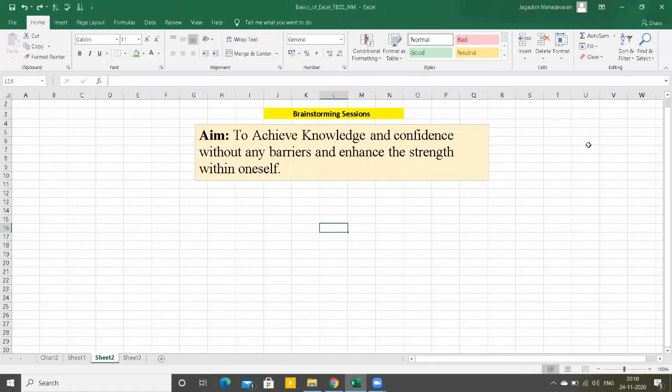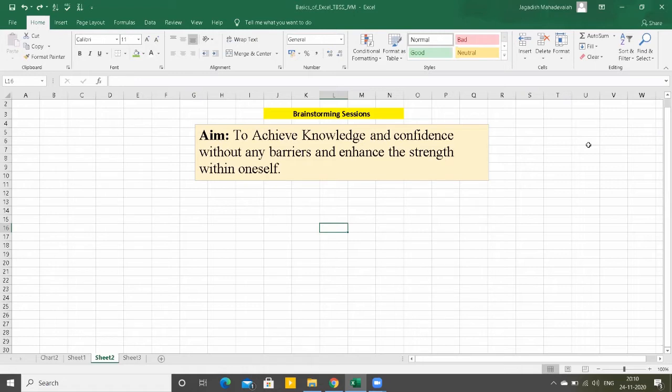Excel is an integral part of our academics, and even in business and in the scientific field. Wherever you go, there is Excel. If you take a simple job like a data entry operator job in Bangalore One, where the centers are in every area and locality, people there are working in Excel.